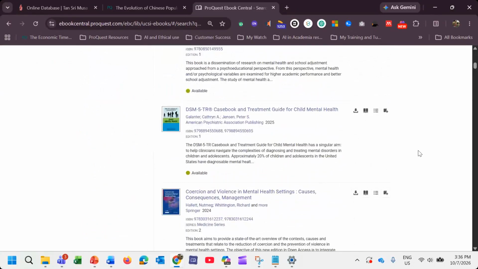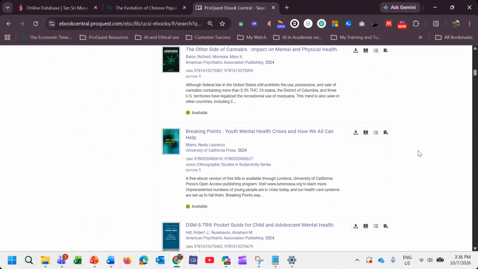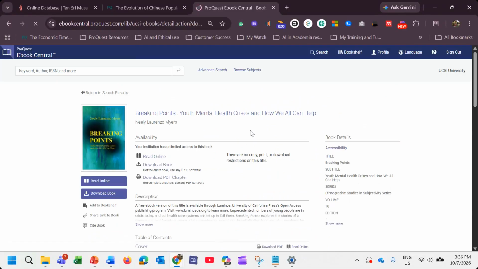At this point, let's say you're interested in some books here, which you think are very interesting and you want to learn about, you can just click on this. A few things that you need to take note of. When you click on the book, there are a couple of things you need to note. This is, of course, unlimited, but you can also take note of this: there is no copy, print, or download restriction in this title.